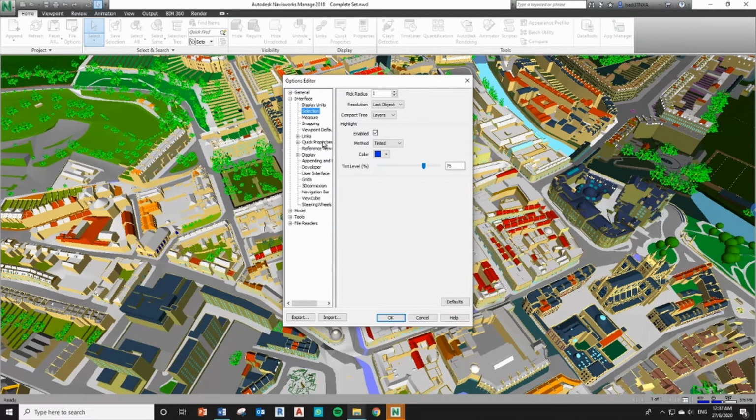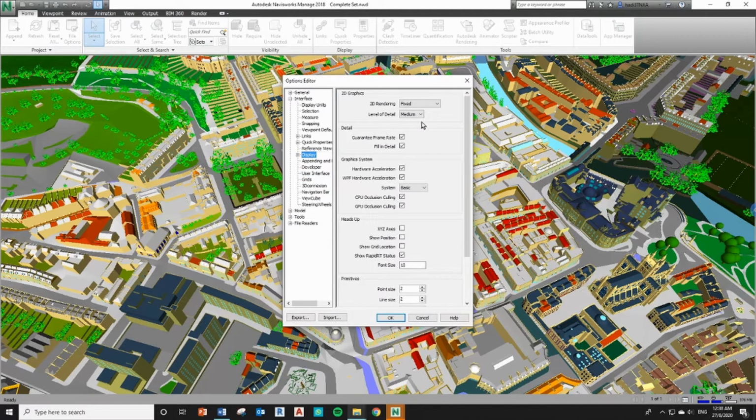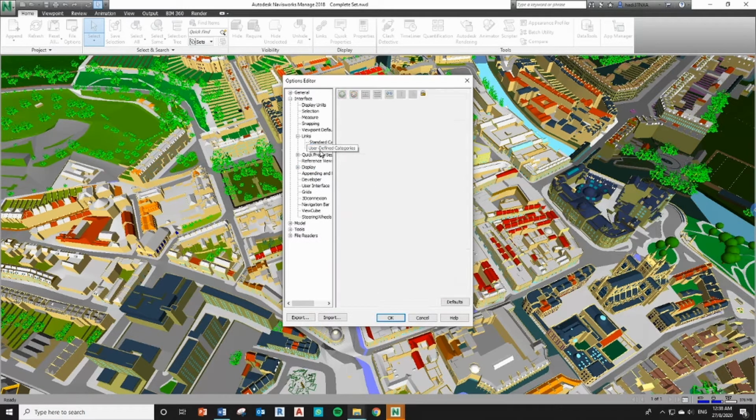One important thing that we need to take note of is under display. As you can see under here, graphic system, our system is placed under basic. Under annotation, in a later lesson you will understand why this is very important. So for now, just take note of this. We've also got links over here.